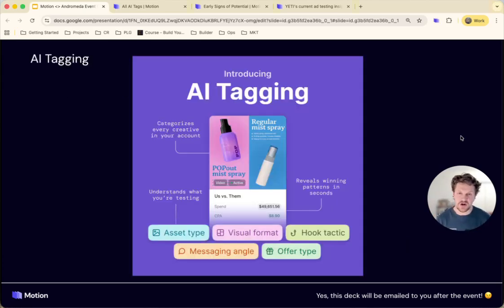A really great place to start with this is AI tagging. It's available in Motion. It categorizes the creative elements, the hook, the format, the messaging angle that you're hitting in your ad. And then it helps you break down which ones are the best performing, which ones you are missing on, what you should be making more of, and which ideas you need to combine. So that's all going to come together, and I'm going to show you how you can build reports for it